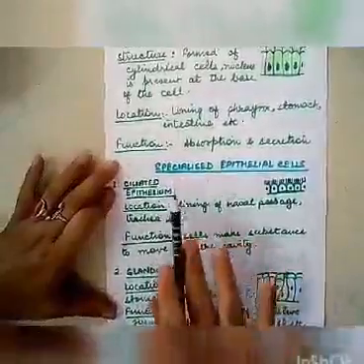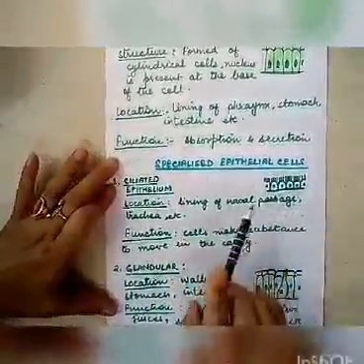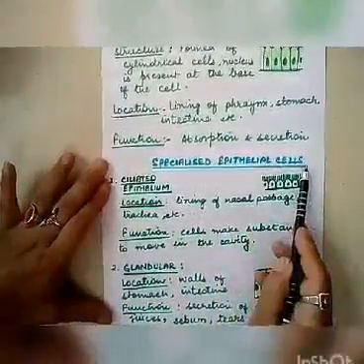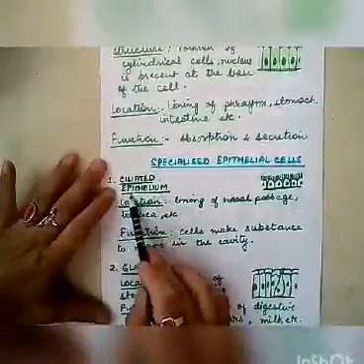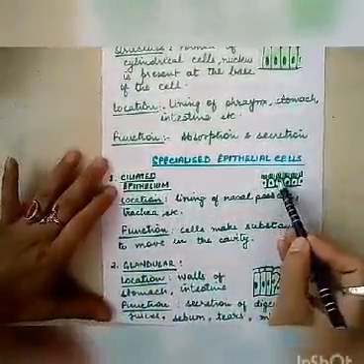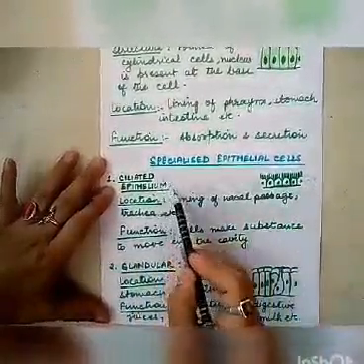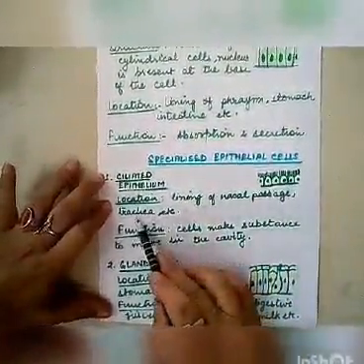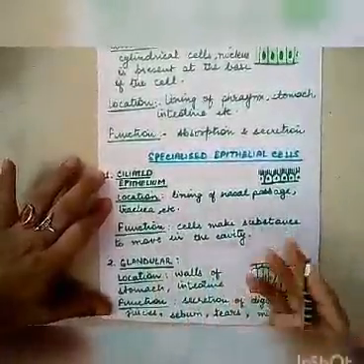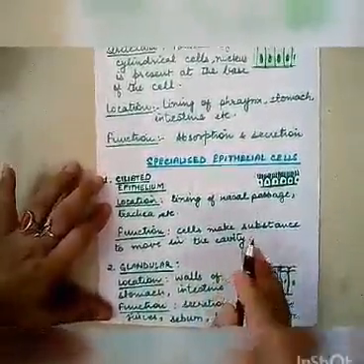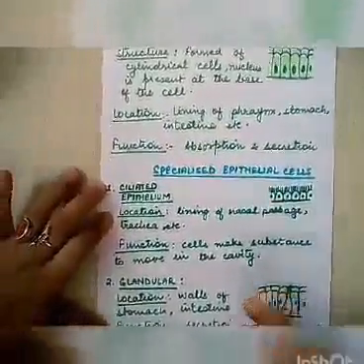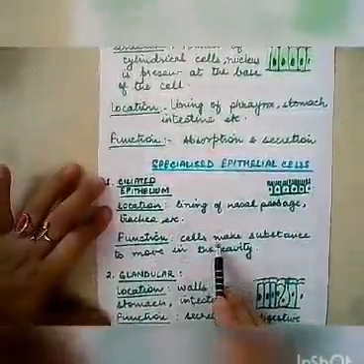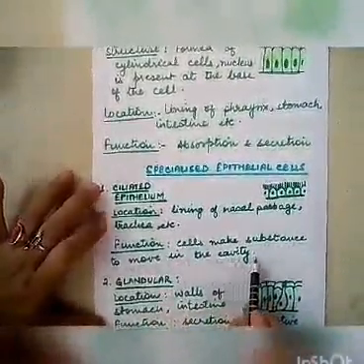Besides these three basic structures of the epithelial tissues, they also have certain specialized structures, and accordingly they are known as specialized epithelial tissues. First is the ciliated epithelium. When cilia are present on the epithelial cells, it is known as ciliated epithelial tissue. You find it lining the nasal passage and the trachea. Its function: if dust particles or anything enters our trachea, the windpipe, they are thrown out by these cilia. So its function is to make substances move in the cavity.